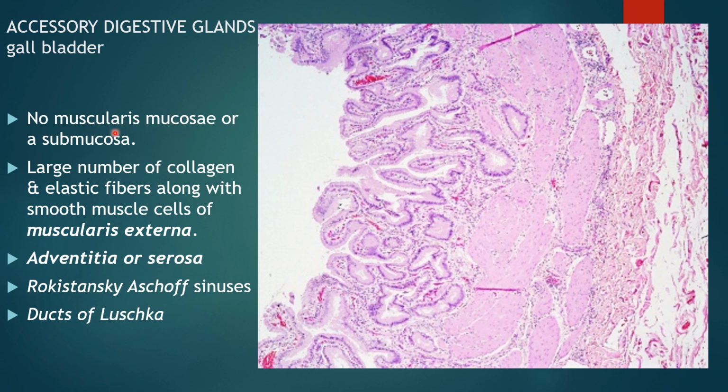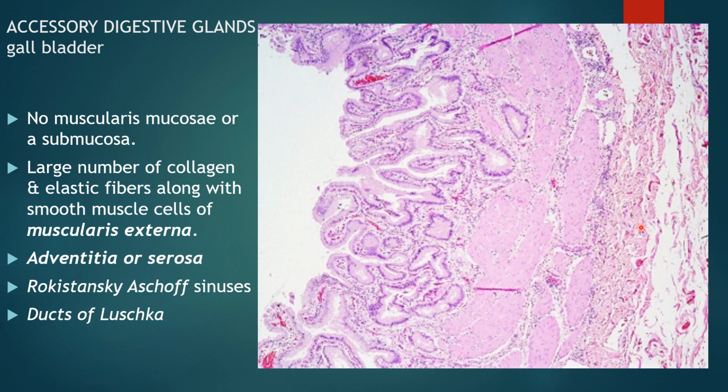So no muscularis mucosae or submucosa is present in the gallbladder. A large number of collagen fibers and elastic fibers are present in between randomly oriented smooth muscle cells. It has either a serosa or an adventitia, depending upon the presence of the peritoneum. In the fossa for the gallbladder, where it is located on the posterior-inferior aspect of the liver, there is no overlying peritoneum. So here the outer layer is the adventitia, and in other parts the outer layer is covered by the peritoneum